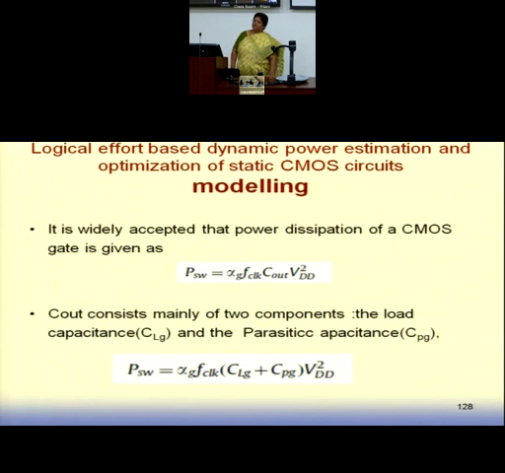Okay, so we need to now develop a model, or adapt our existing logical effort model, to get an expression for power consumption. Just as in logical effort, everything is computed with respect to a standard CMOS inverter delay, similarly here we would also be doing a normalization with respect to the standard CMOS inverter power consumption. So again, it would be a normalized value you would be getting.